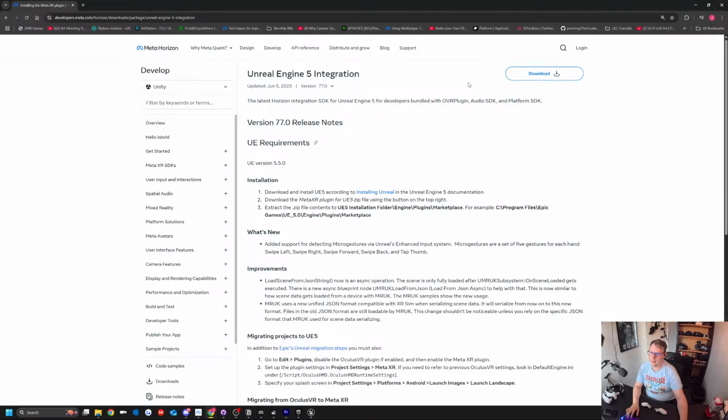What you can do is download this, but make sure you're using the correct version of the MetaXR plugin for the version of Unreal Engine that you're using, which is currently not out for 5.6 yet. So just keep that in mind. The latest version you can use is 5.5, but it's all there. It's all running. The only thing we don't have right now is the QR scene scanner thing that Unity has,